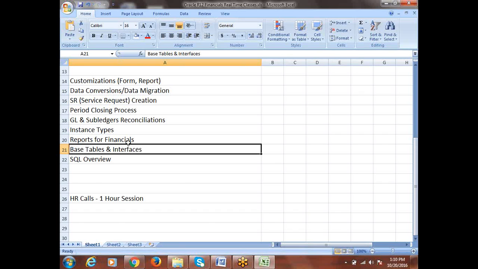First of all, we'll discuss the base tables for GL, AP, AR, CM and FA, the key tables, and the purpose of each table, in which table which data will be stored. Then we'll try to get some basic knowledge of SQL: the basic statements, commands or syntax we have to use to fetch data from the database and analyze it. Then we'll write some SQL statements and see the data lying in the base tables.